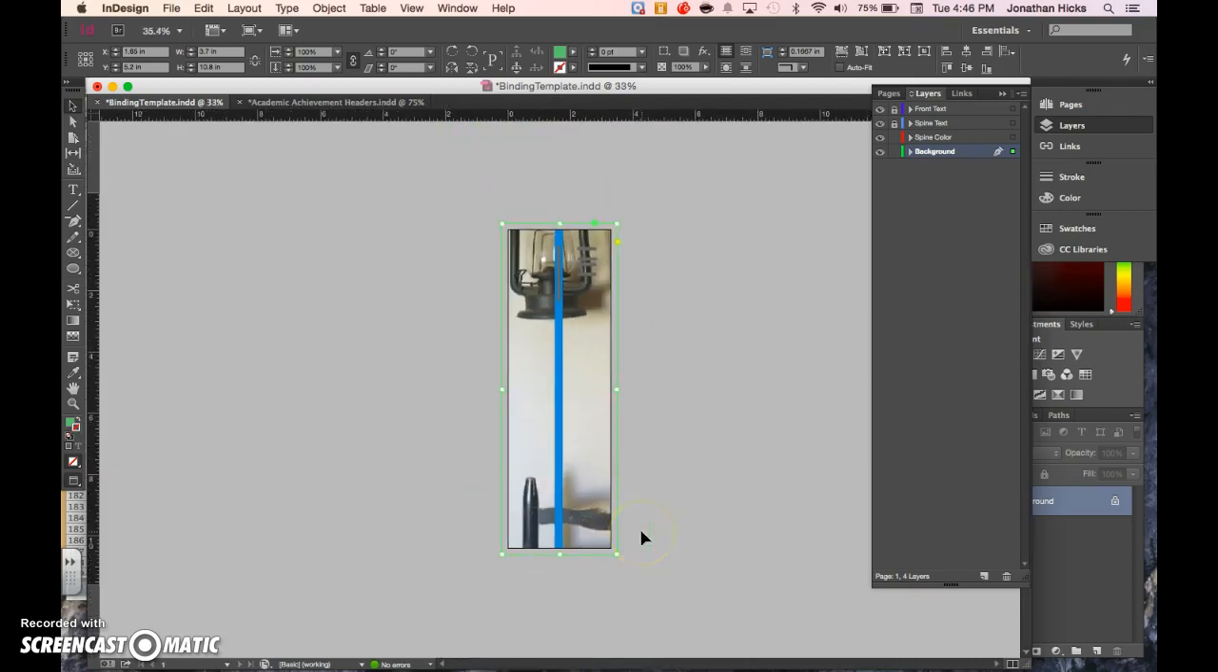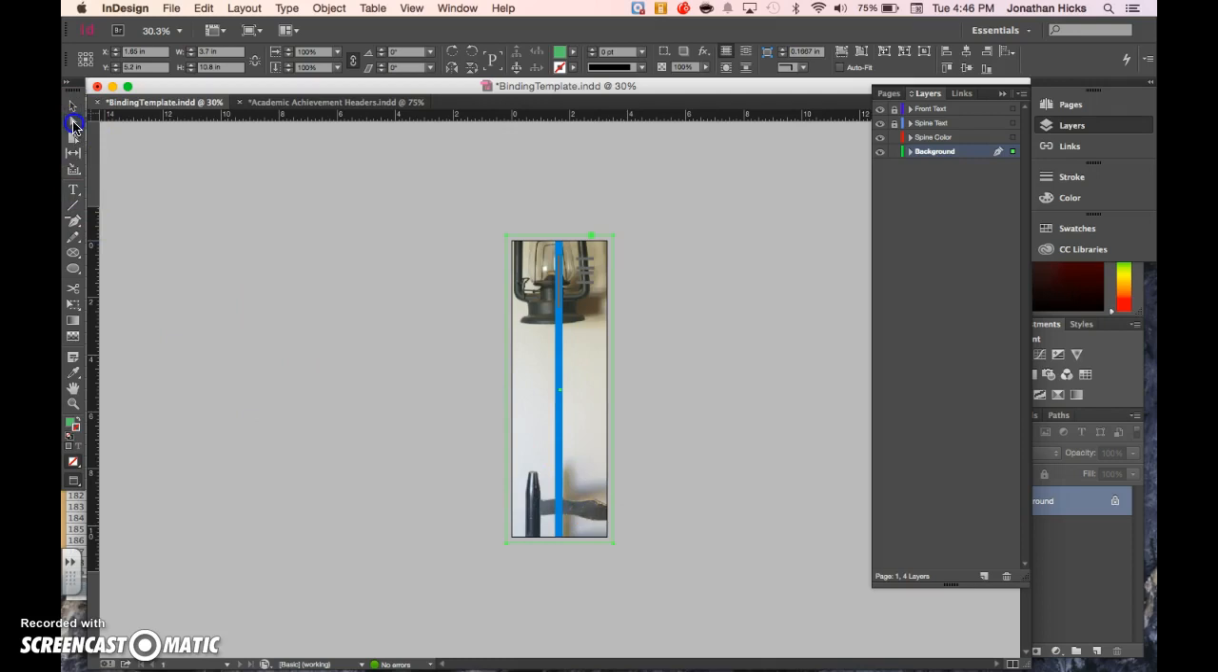Now I can zoom out here, go to my arrow, this is called the direct selection tool, and the shortcut for that is A. I can resize that